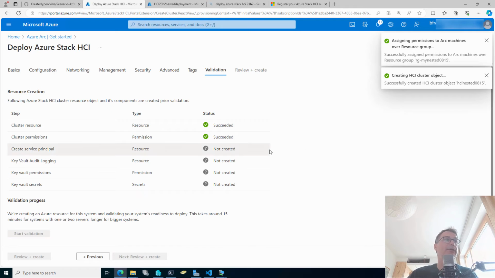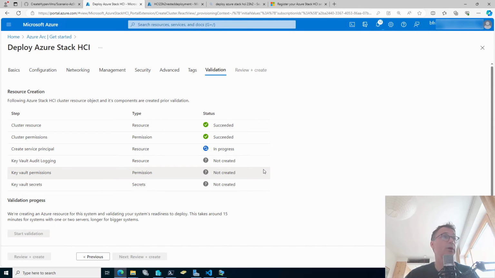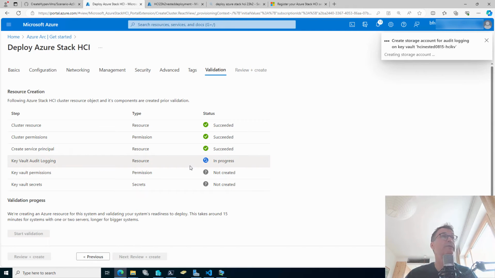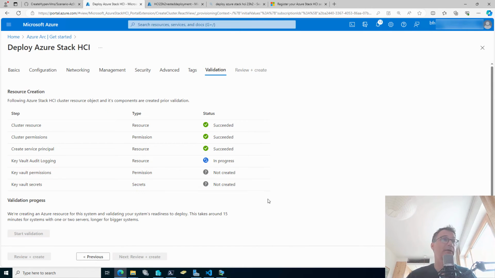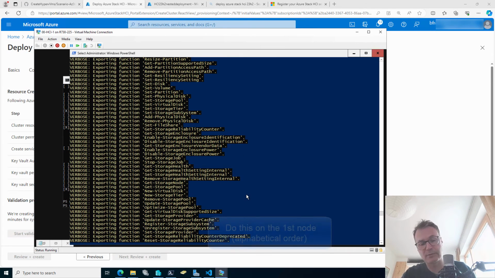Okay, so interesting to note. Some things will happen on the Azure side of things, which is, it will be checked if you have the right permissions for the key vaults, for example. If you have forgotten to add the roles for you under the key vault administrator kind of thing, then this one would probably show up and produce an error, right? Yeah, that will take some time, and in the meantime, I will navigate to the host